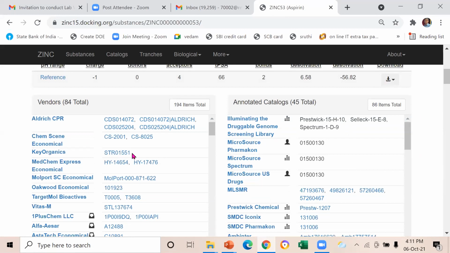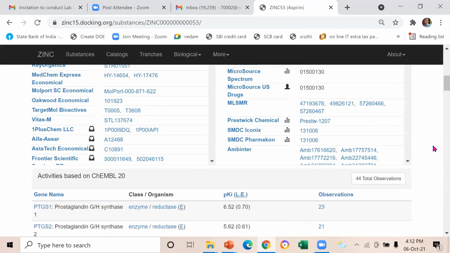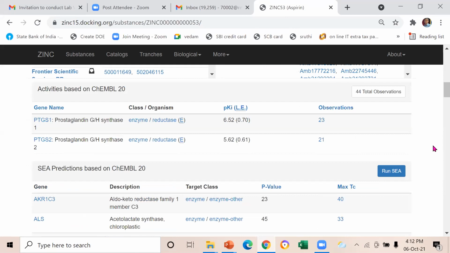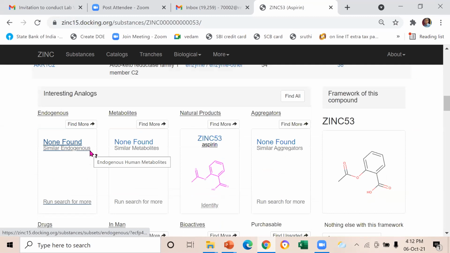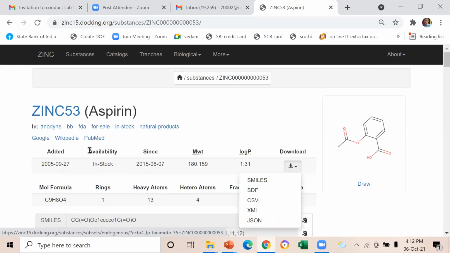And then it gives a lot of other information, including where you can buy this. Because aspirin is well known, its activity targets are also given. If it's a new molecule, they will not know the targets. But as I said, prostaglandin synthase, cyclooxygenase 1, prostaglandin synthase 2, cyclooxygenase 2. Because it's an old molecule, a lot of studies have been done, so a lot of information is there for aspirin.